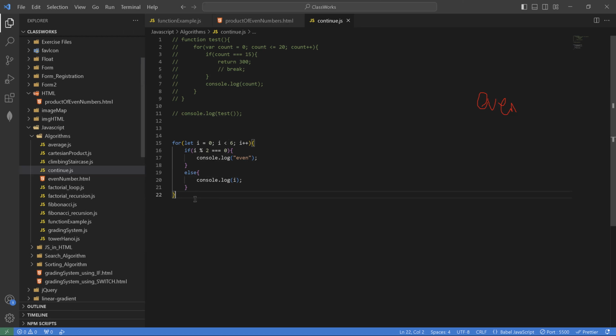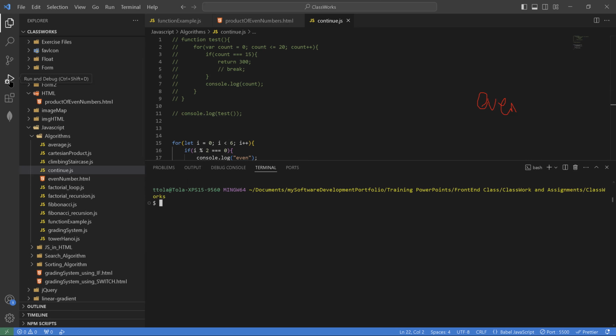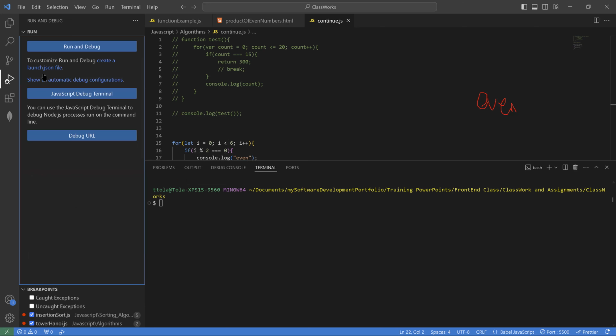Now, I'm going to go to the debugging mode. Look at this bug here. This is where you can run your code in the debug mode. But before I can do that, I need to